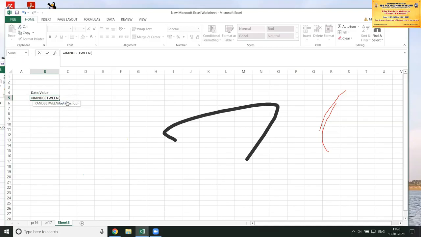Within that, it is going to generate random values. So I'm going to give 1 as the bottom value, comma 100. So from between 1 to 100, one random value it has picked, and it has entered as 80. Now I want to generate 20 values, so I'll drag this down to 20.